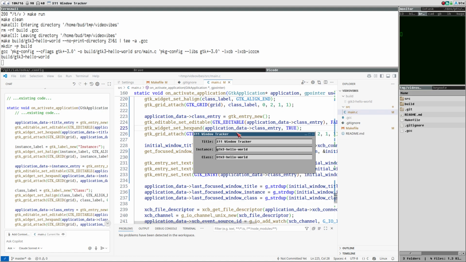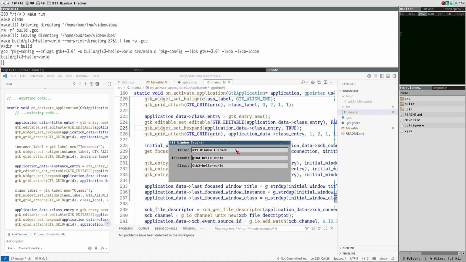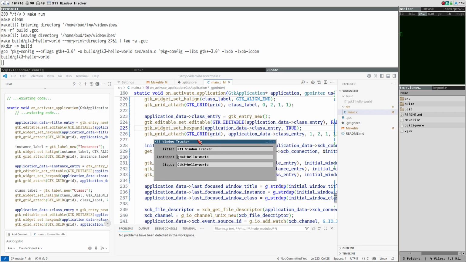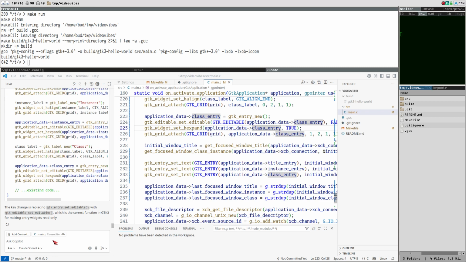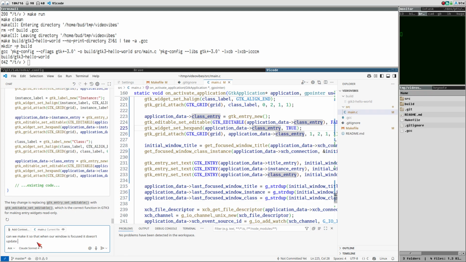We want to avoid this, so it doesn't add. When the window itself is active, it shouldn't update the fields, and this can be tricky to get the prompt right for this. But let's just see if we can do it. Can we make it so that when our window is focused, it doesn't update the